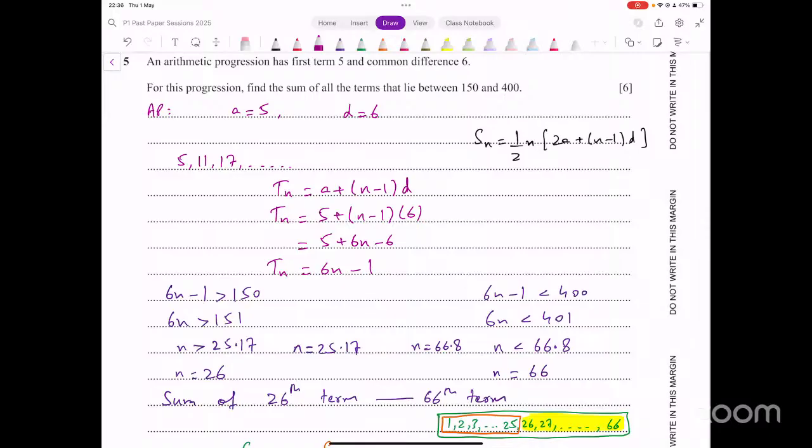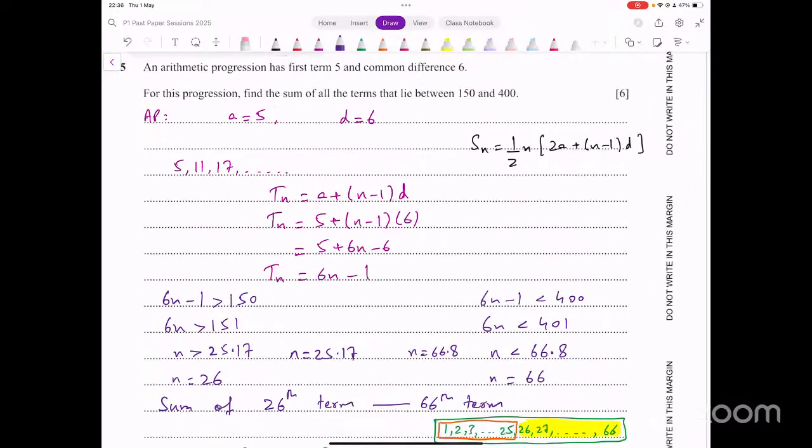All right, so in this question, you have to find the sum of all the terms that lie between 150 and 400. So you have to first find out which are those terms that we're talking about. How do you find those terms? The first term has to be greater than 150. So what you can do first is